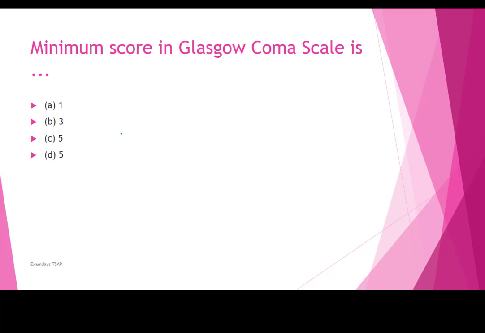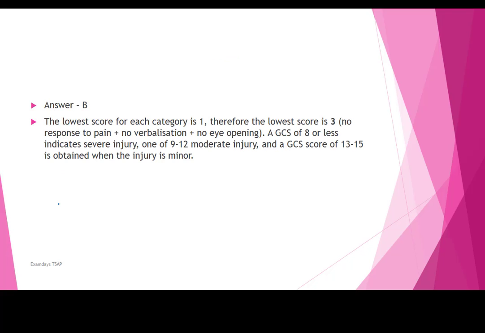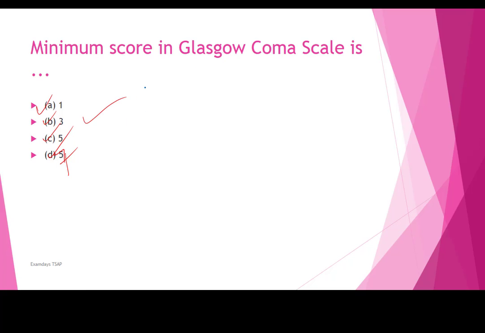Moving on to the next question: what is the minimum score in the Glasgow Coma Scale? Your options are A, 1; B, 3; C, 5; D, 5. Okay, here the option is given twice, so let's say it is a 7. These are the odd numbers: 1, 3, 5, 7. So your answer is going to be 3, which is the minimum score in the Glasgow Coma Scale,